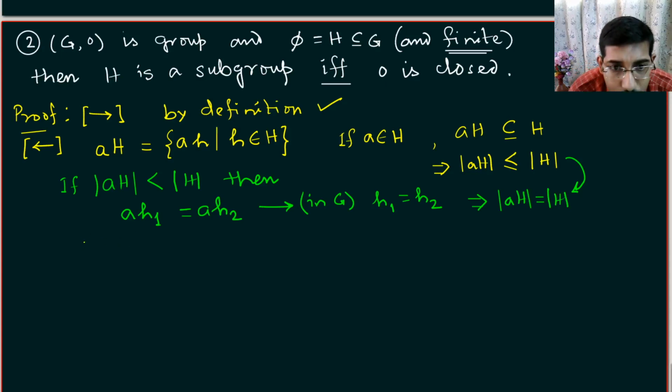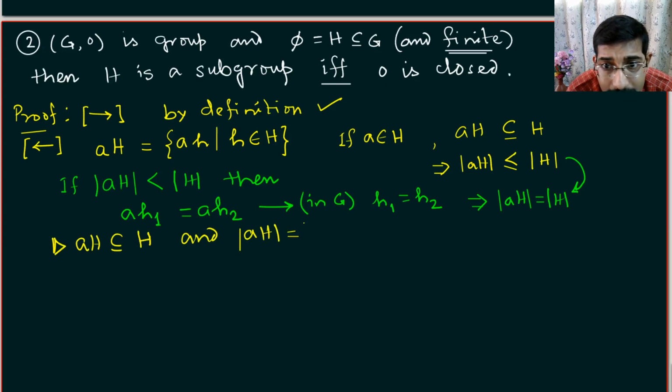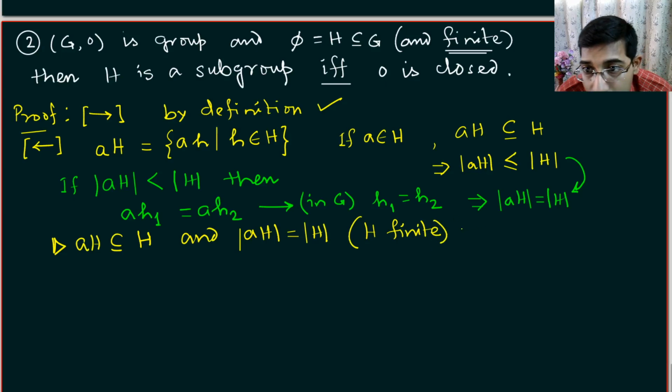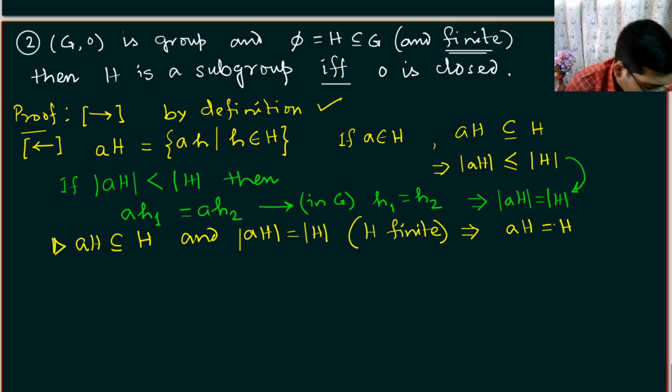Now the key argument is that I have the set AH, which is a subset of H, and I know that the number of elements is the same, with the assumption of H being finite. So this implies that AH is nothing but the same as H. Now when this is the case, I have to find out whether the identity element and the inverse element